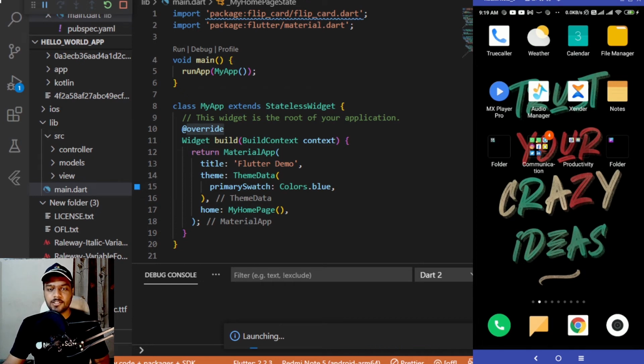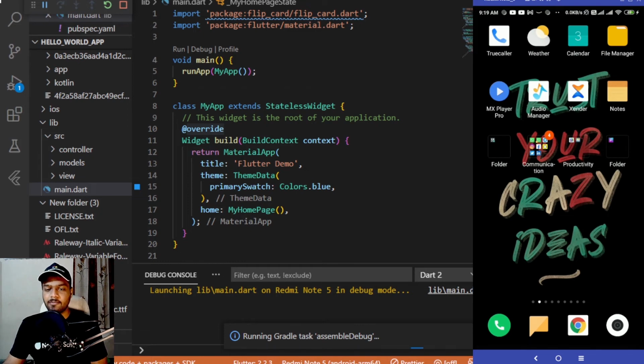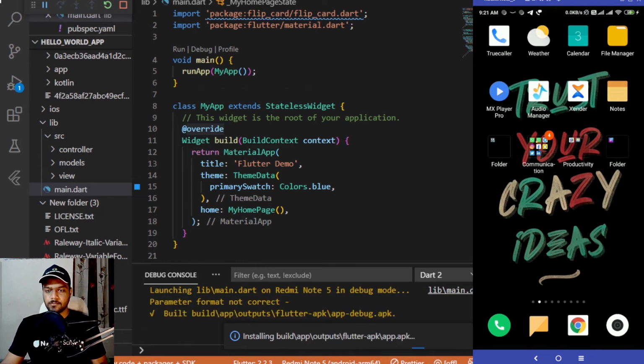So let's just hot restart the app once, and I know that the things will be occurring correctly in this particular case. So let's wait until this is restarting, and I'll get back once the app has restarted. So you can see over here that the build is completing and the files are being synchronized and the application is being installed inside our phone.